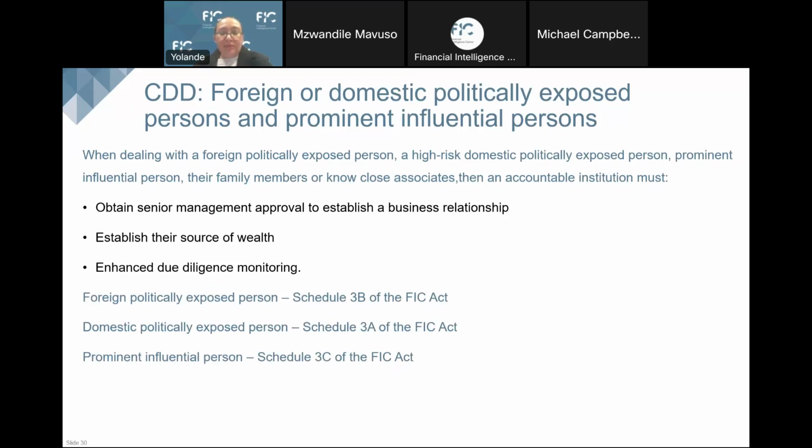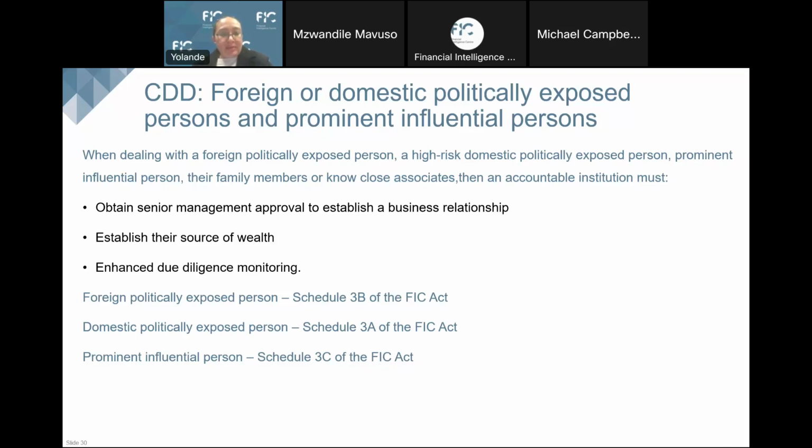For certain clients, if you onboard a client, you're working with a client and that client is a politically exposed client, then there are additional requirements as set out in the FICA Act. You obviously need to determine whether or not your client is a politically exposed person. I point you towards Public Compliance Communication 51, which sets out guidance in this regard. Where you do find your client is listed on either Schedule 3A, Schedule 3B or Schedule 3C to the FICA Act, and those schedules are available in the recent amendments, the General Law Amendment Act,